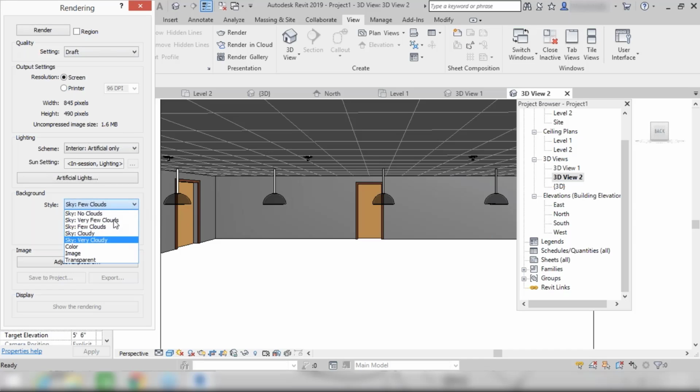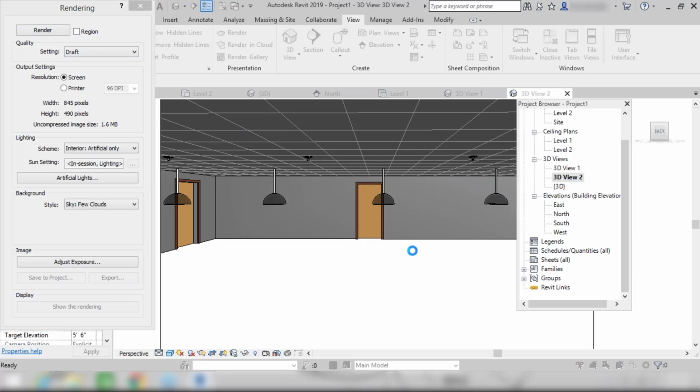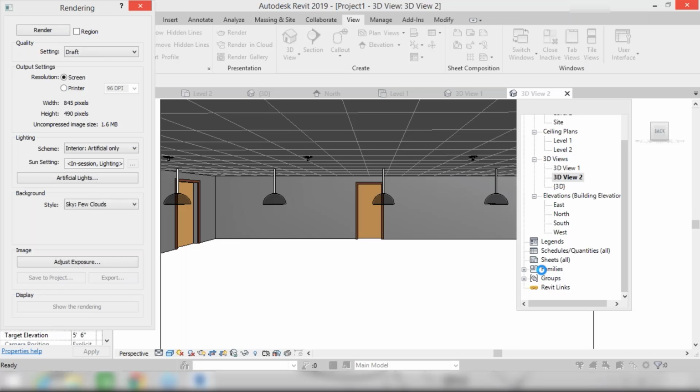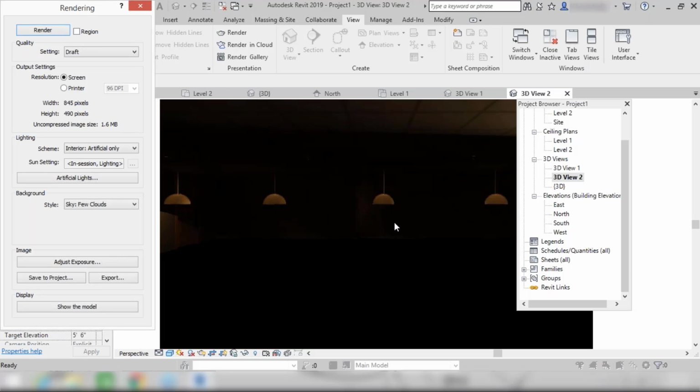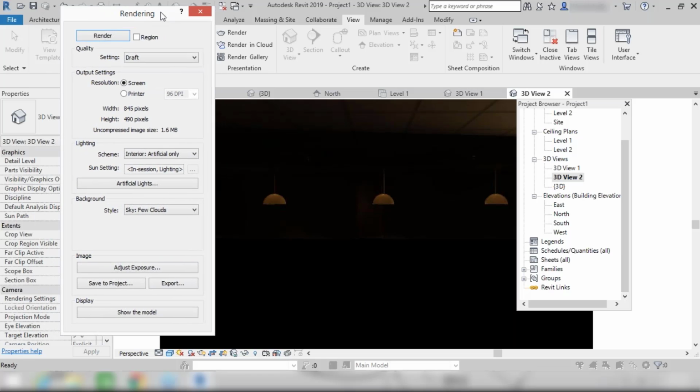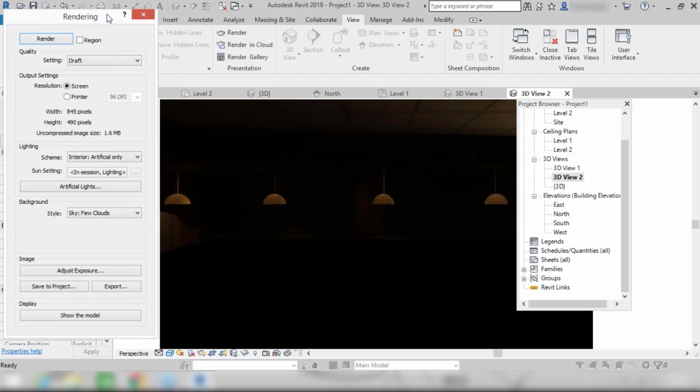After that, you can check this if you don't want any clouds, right? That is for the exterior rendering, this cloud setting, right? For interior, we have lighting and artificial. After that, you can go for rendering simply. So here you can check this rendered view, right? So in this way, you can obtain a rendering of this, right?